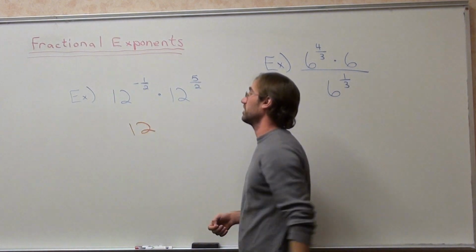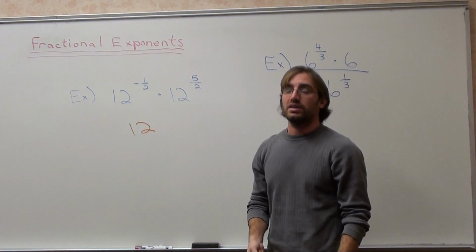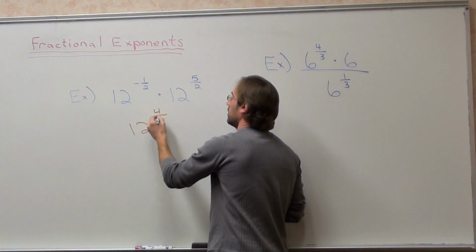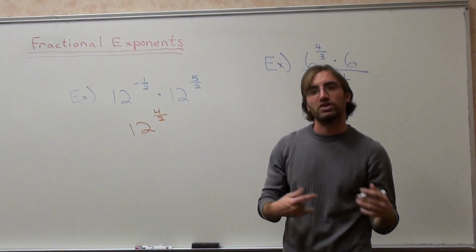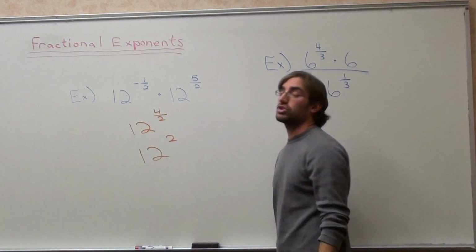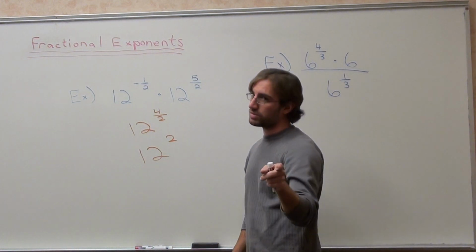So it's 12 to the power of, what's negative 1/2 plus 5/2? That's negative 1 plus 5 is 4 over 2. So it's 12 to the 4/2, which is the same thing as 12 to the second. 12 times 12, not 12 times 2,